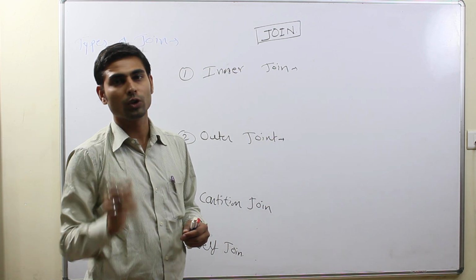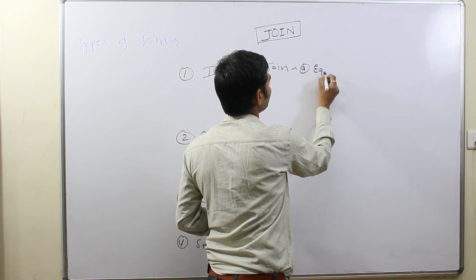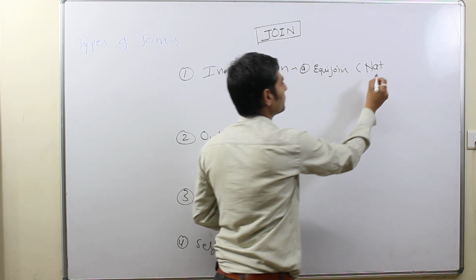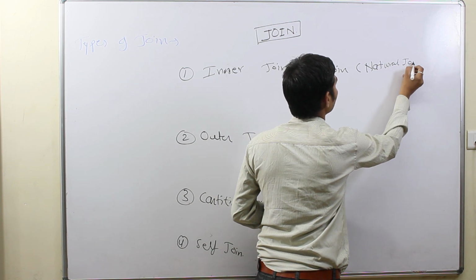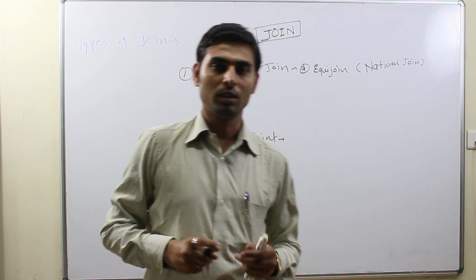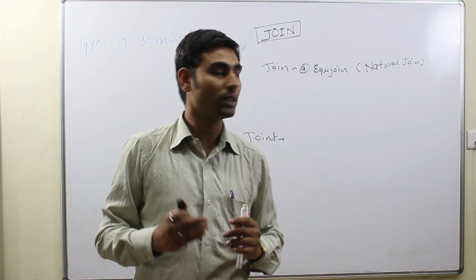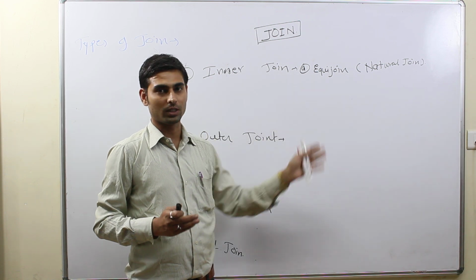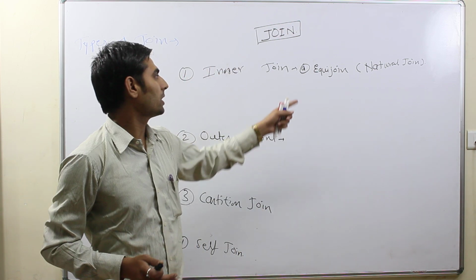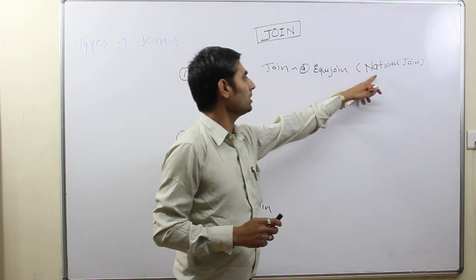Inner joins are of two types, that are equi join and inequi join. Equi join is also called natural join. Why do we call it a natural join? Because its output is data which is naturally matched, only the matched data. It does not give the output of unmatched data. Other joins can give matched data and unmatched data also, but natural join gives only the matched data of two tables. So it is also called a natural join.